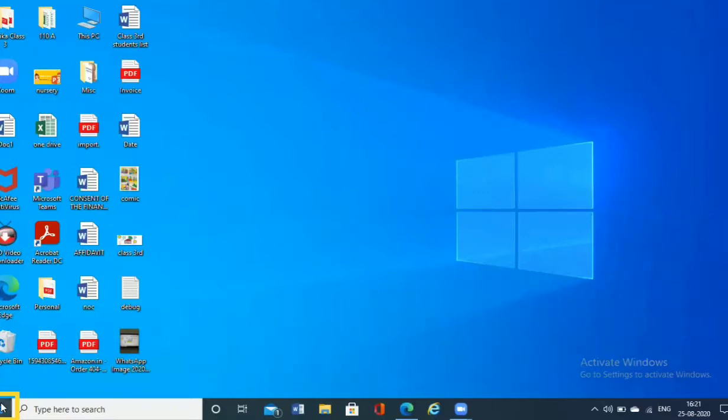In the start menu, there are two panes, as you know: one is the left pane, the other is the right pane. In the left pane, you have to search for PowerPoint. Either you will get PowerPoint straight away, or you have to go into Microsoft Office. Once you click on Microsoft Office, you will be able to see PowerPoint under it, and you just have to click on it. As soon as you click on it, PowerPoint will open.